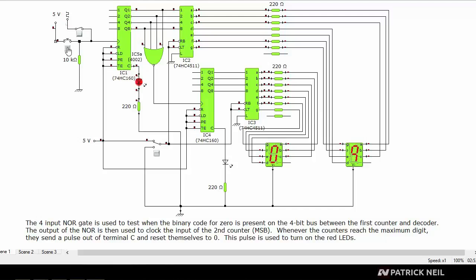Whenever the counter reaches 9, this carry output goes high and we have the LED light up right here. Now when we make another pulse, it's going to reset itself and go back to 0. At this time, this carry output is going to go back low, so the LED is going to be off. And at the same time, this counter receives a low to high transition from the output of this NOR gate, and this counter receives 1 pulse as a result and changes this digit to 1, while this one is going to cycle back